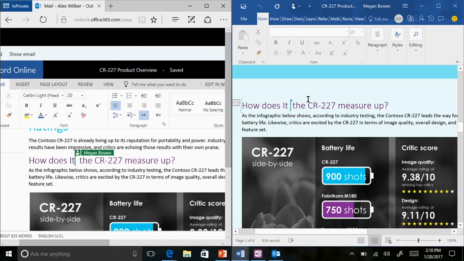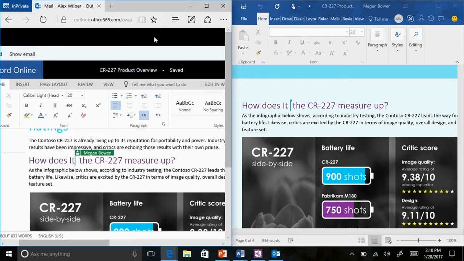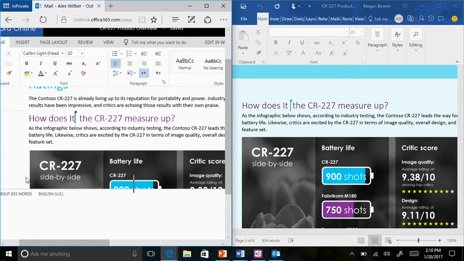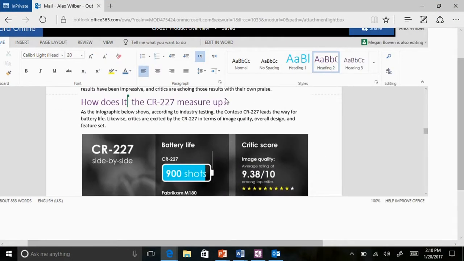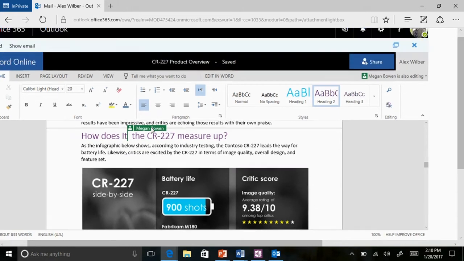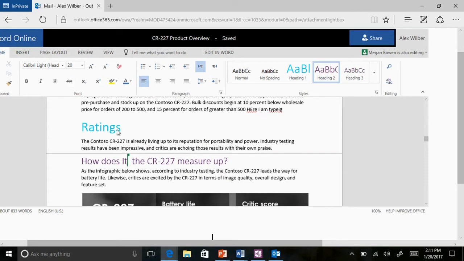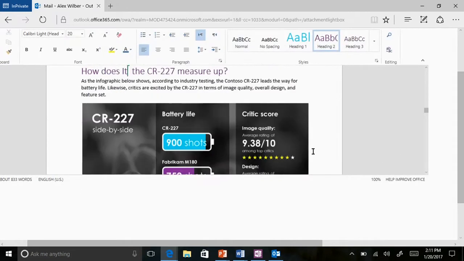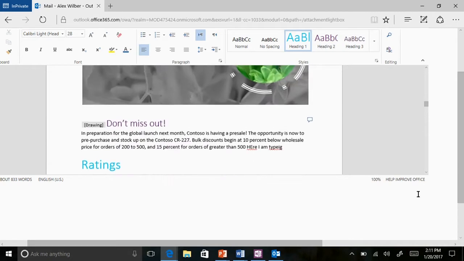Running a little bit slow. This section is actually now going to be locked because Megan is editing it. So we'll go up here to an alternative section. What's going on here?